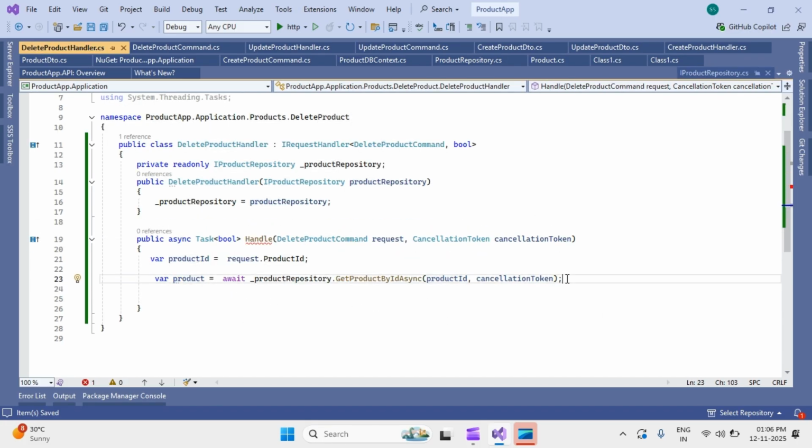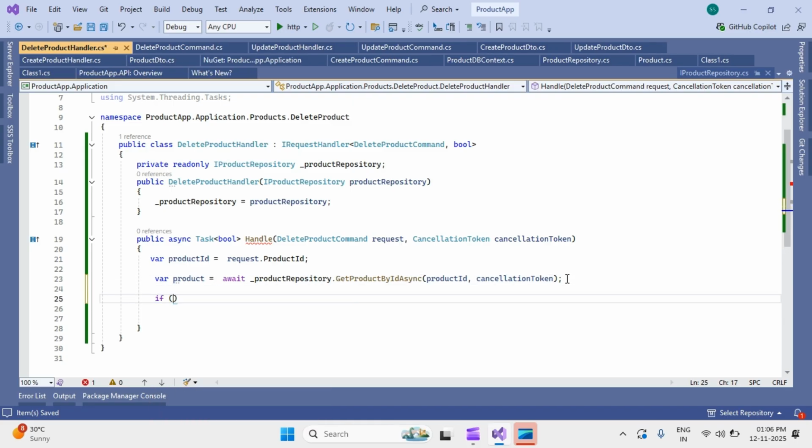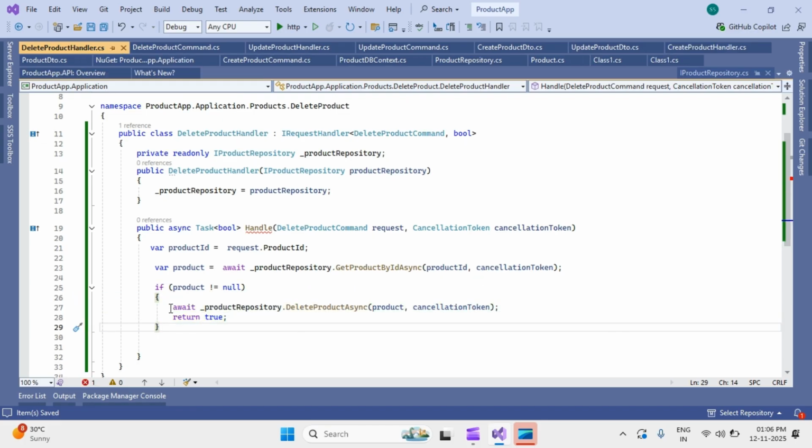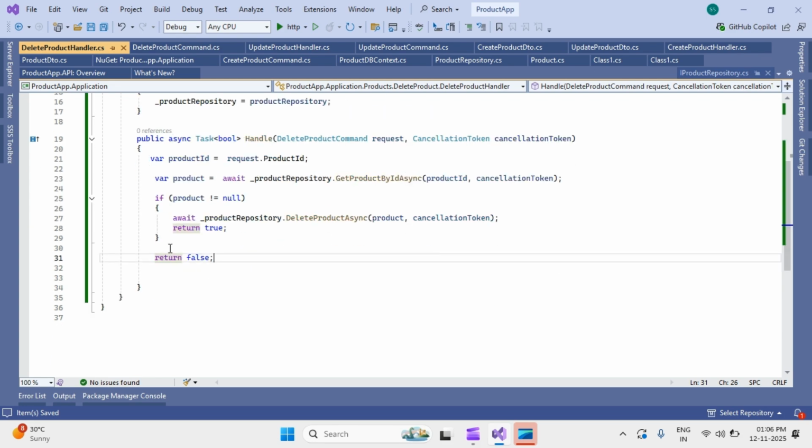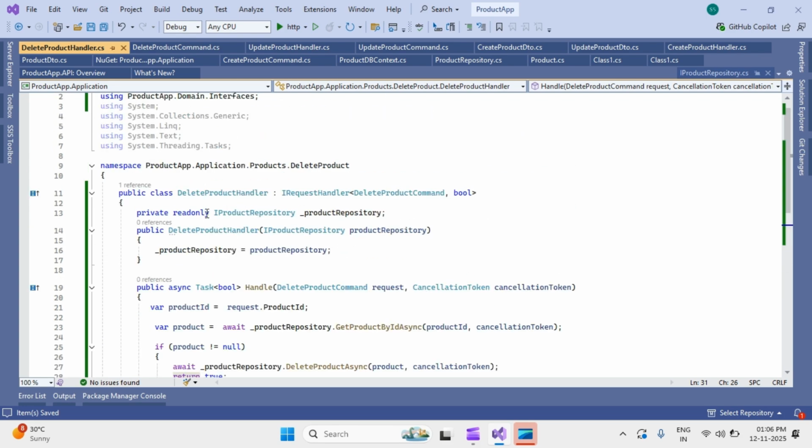Now if product not equals to null, then we are going to delete the product and return true, else return false. So in this way we have successfully created the delete command and delete handler for the